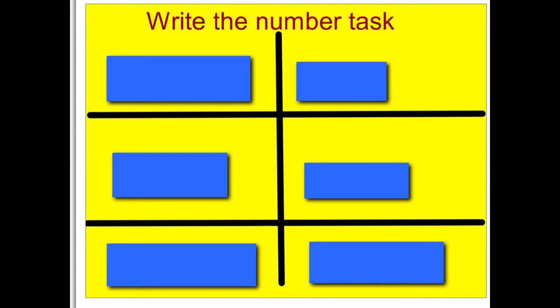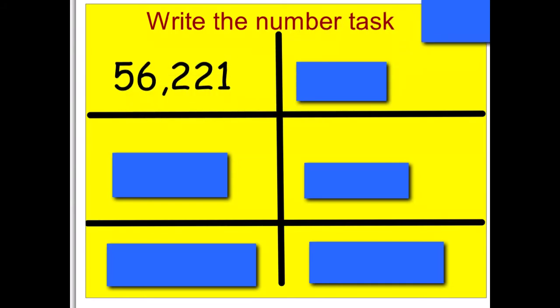56,221. And let's reveal the answer. There we have 56,221. This little comma is invaluable. It can help separate your thousands and makes it really easy to read the number. 56,221. Right, the next number I would like you to write down is